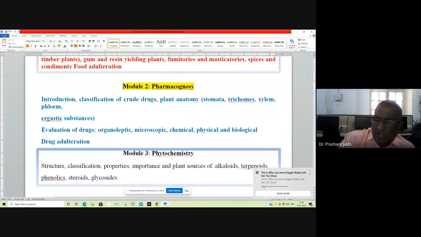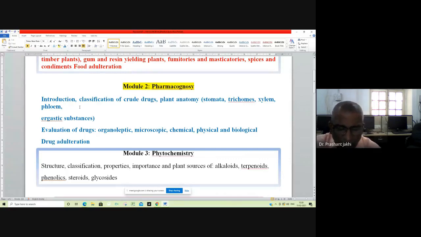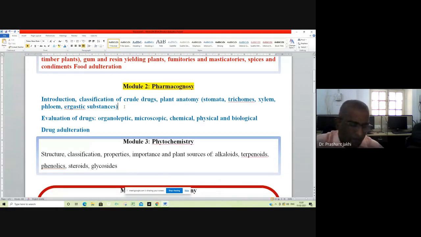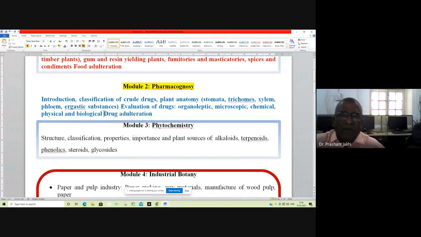I think it is best known to you, pharmaco and gnosy. That is a science which deals with the contents of the plant, that is phytochemicals, what they exactly show presence of, and they are used for the purpose of curing different diseases. For which diseases they are used is studied in this part, that is pharmacognosy. So you just go through topics, that is introduction to pharmacognosy, classification of a crude drug,